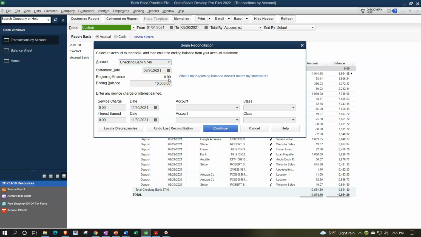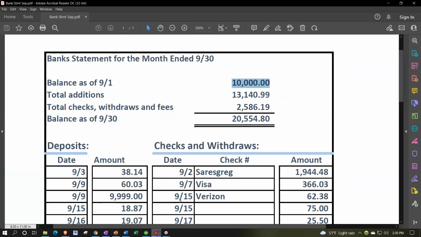We don't have that beginning balance. We could try to go in and add that into the register, but as we did with the credit card, it might not populate in that beginning balance because we didn't set it up at the beginning when we set up the account. That's okay, we'll do a workaround. So I'm going to now get the ending balance, which is from the bank statement,